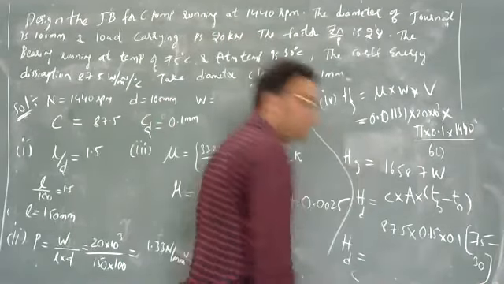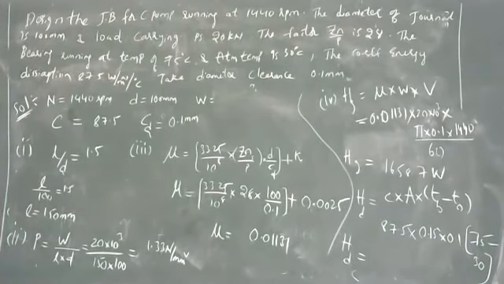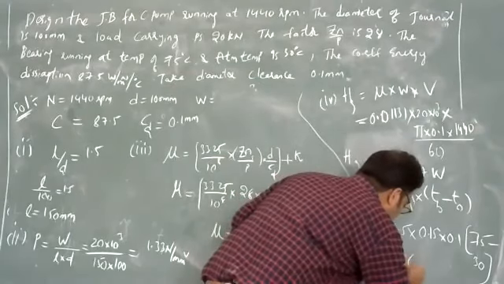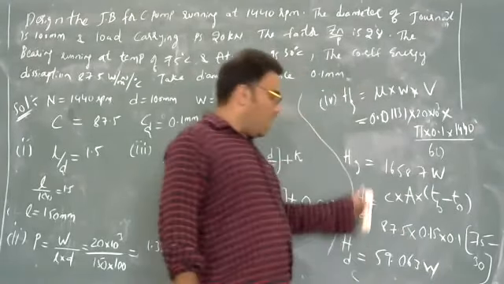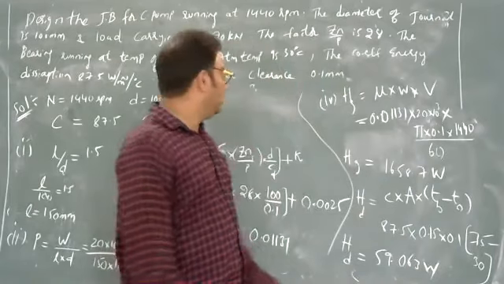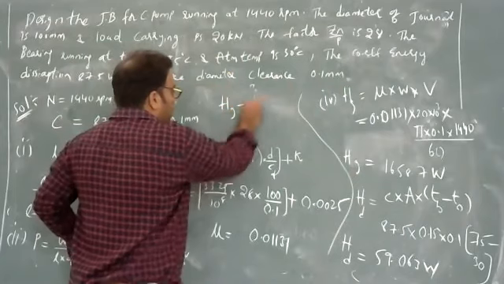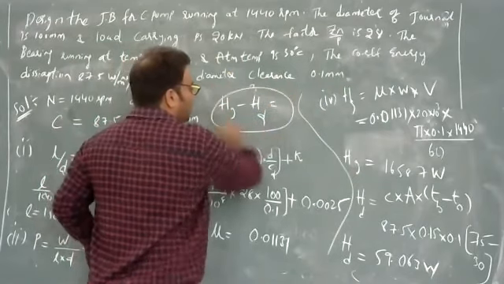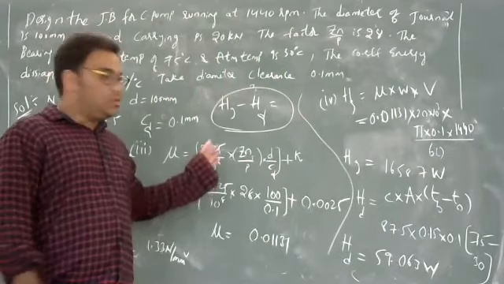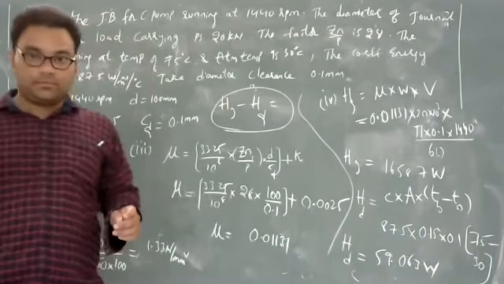The heat dissipated is around 59.063 watts. Now you simply have to calculate for artificial cooling: Hg minus Hd, and then you will get the artificial cooling. So you write the artificial cooling formula here, then you will get the answer. These are the steps required to design the journal bearing problem. So remember these 5 steps and it is easy. I hope you understand and thank you.